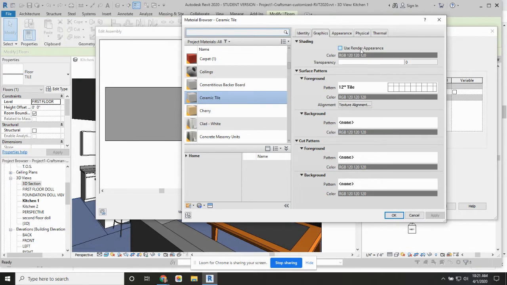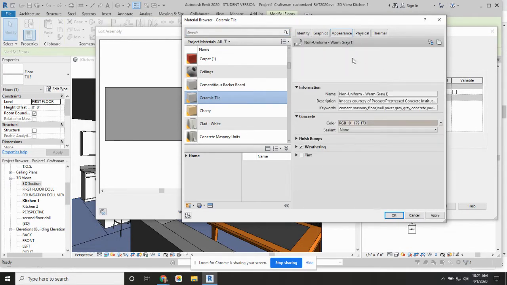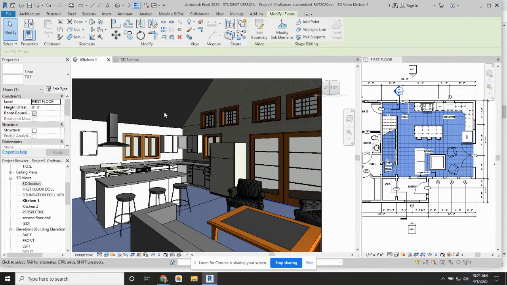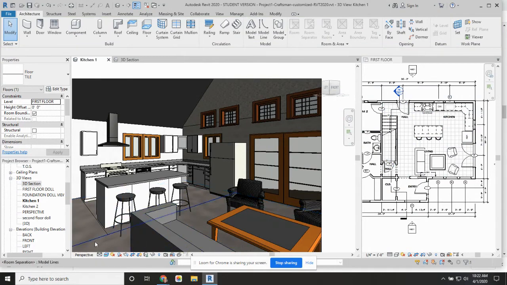And we also probably need to check to see if the pattern is actually showing up. Do you see how use rendered appearance is not checked? Let's check that. And when we see the appearance here, it's going to be showing you the tile once it has enough time to regenerate. So I'm not going to bother waiting for it. But when we get out of there now, when we look at this rendered view, we're starting to see the tile here. And we can see the faint lines of the tile. And when we hit render,